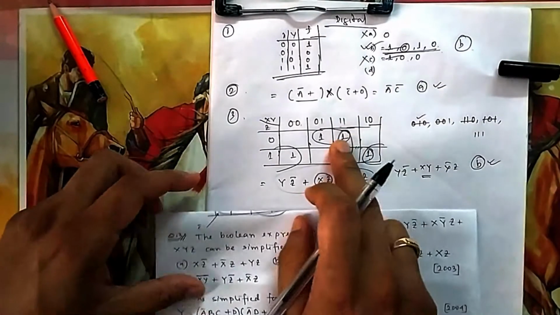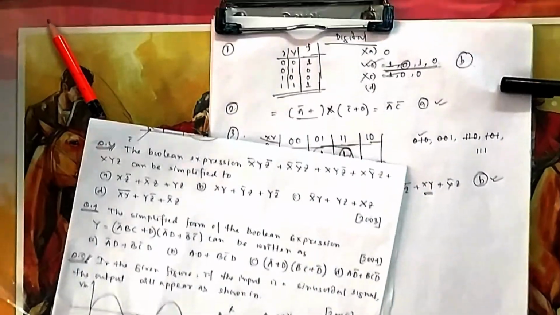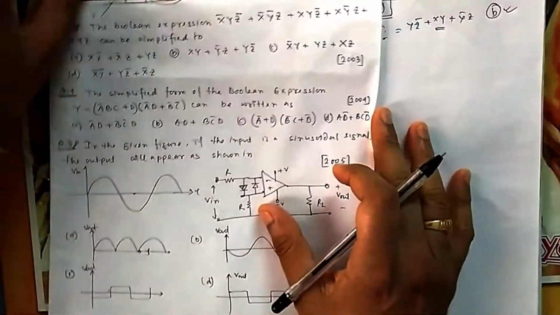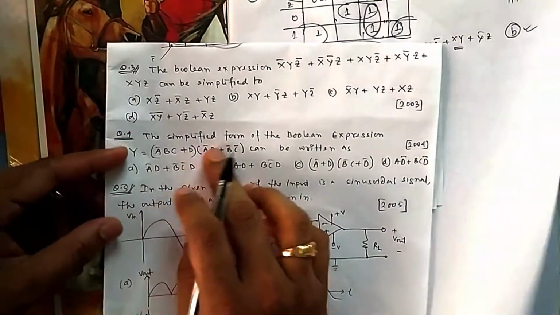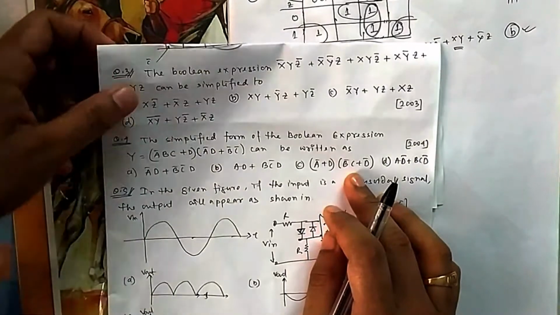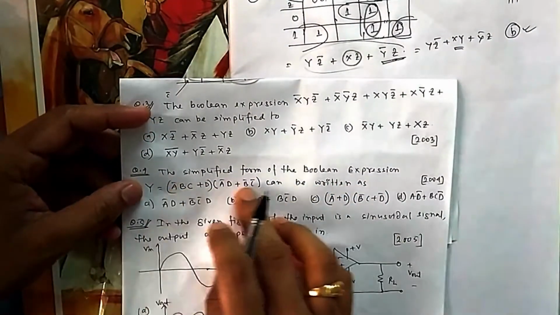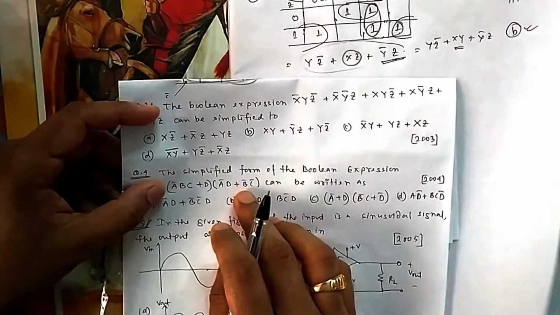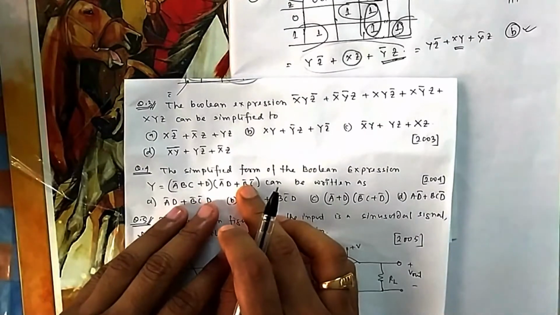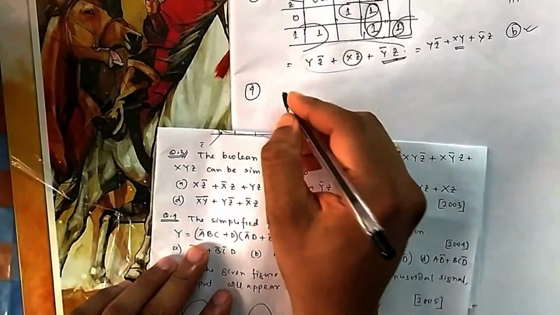So similarly, you do the K-map and check with the options. You have to play a little bit with the options. It is not that you will directly get the answer. In some cases you have to play with the options and check whether it is satisfying or not. Now if you come to option 4, again there are 4 variables. Again, you can go with the Boolean expression y. We will write this in SOP form, and then check which one is satisfying, using the K-map. So if you take the product, what will be your y?